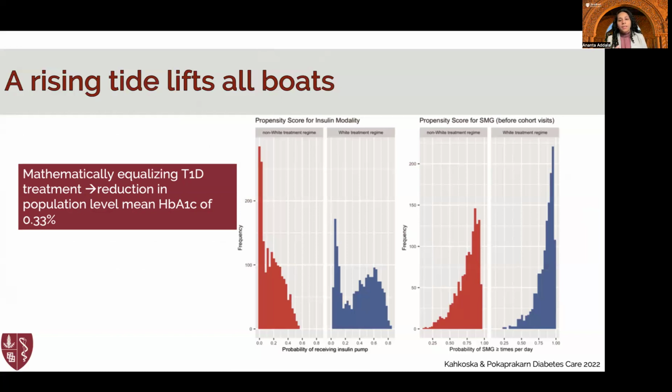So what does that mean? That means that if as a system, we had made sure that our non-white kids and our white kids got the technology distribution equally in a similar manner, then it's not just those non-white kids who benefit, but the population as a whole improves because of this equitable approach to getting pumps. And so that's why the title of this slide is "A Rising Tide Lifts All Boats," because that's really what